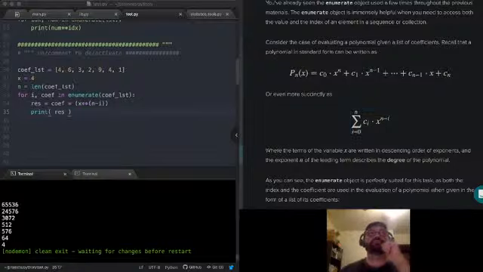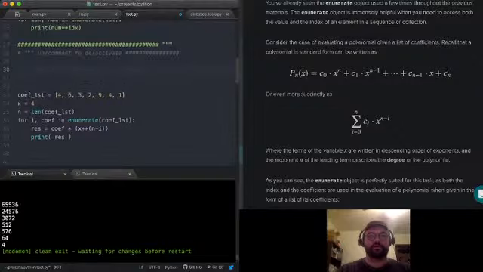The idea with coef list is each term in our polynomial is comprised of a coefficient. I'm just going to call it coef because I don't think I can spell coefficient. Sorry. Coefficient times a variable